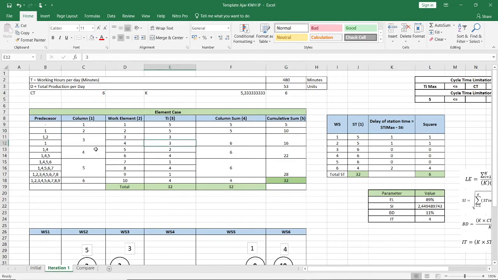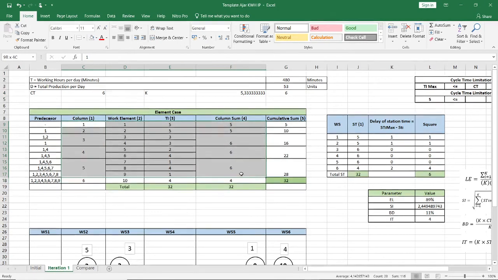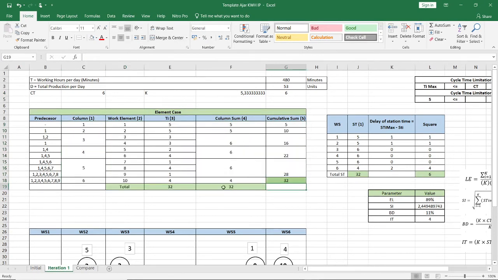And then the working step is the same as the initial before. The Ti or the time cannot be more than 6, the cycle time. For example, I will give you an example. For the first work element, it says 5 minutes for the time, right?